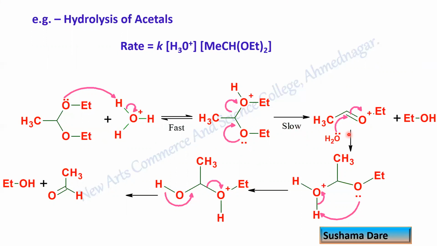So look at why this is a slow step. This oxygen is carrying a plus charge over here. So there is removal of one ethanol molecule, and this is CH3, C double bond O, and this O is attached to an ethyl group. So there is a positive charge